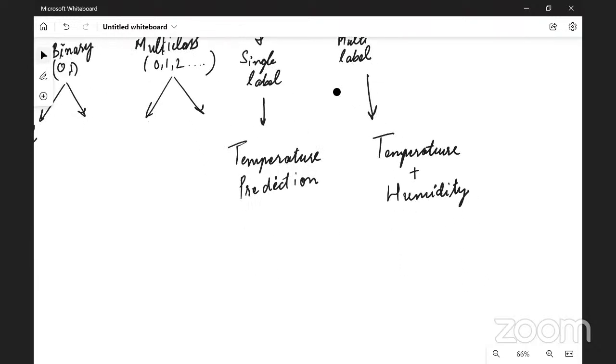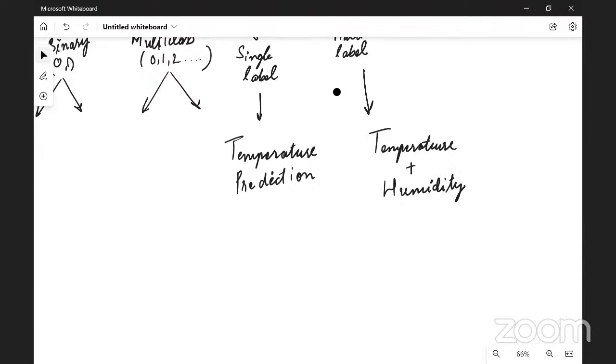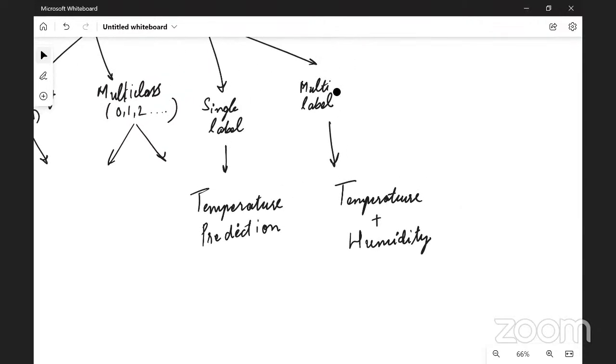Right. So wouldn't that be multi-class? Temperatures for the next 5 days would be what then, sir? Well, that could also be multi. So we are talking about only the temperature of the next day, or we are talking about temperature and humidity of the next day. Right. So the set of features remains the same for both problems, but in the multi-label problem, the output will have multiple